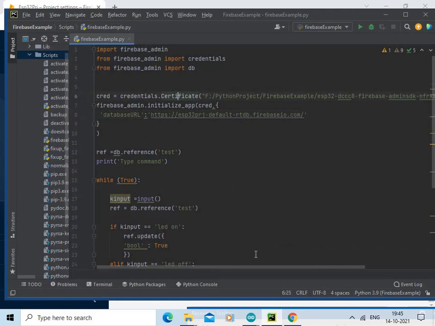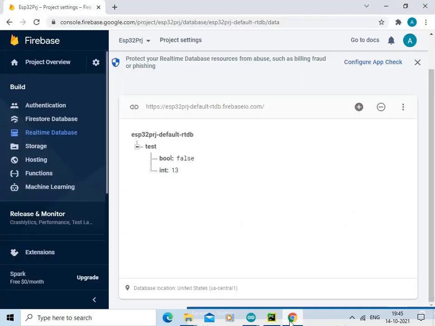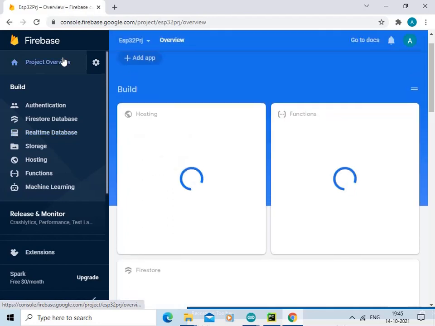Now about the certificate, we can download it from project overview.